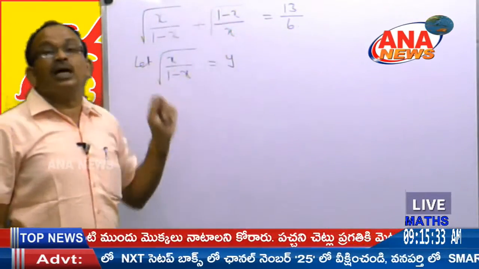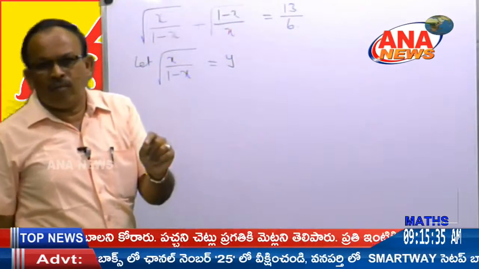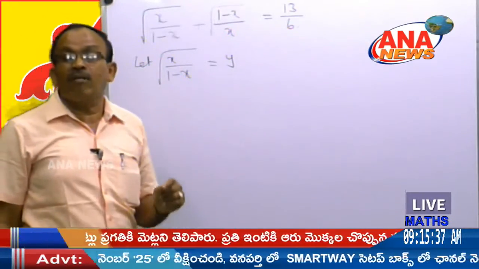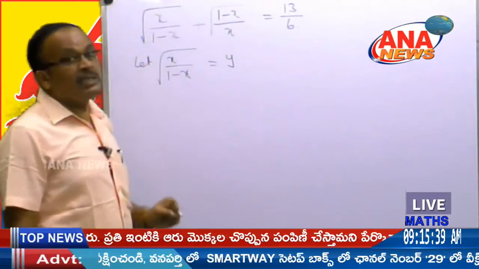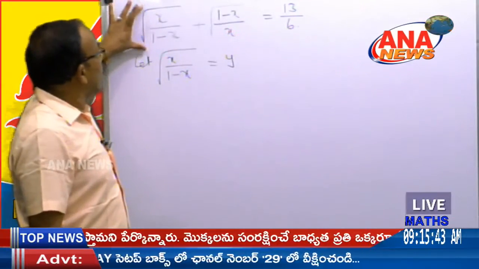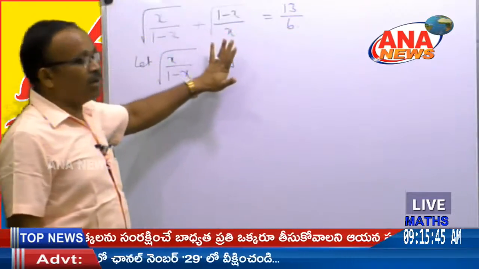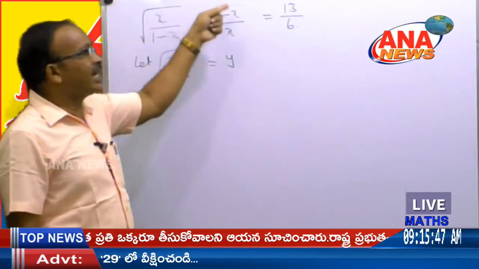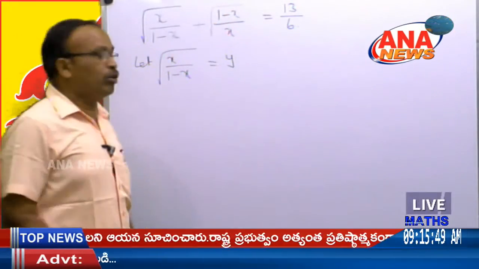These two parts are reciprocals of one another. Take one part as y. Suppose this part, root of x by 1 minus x, is equal to y. Automatically the second one is 1 by y. So clearly,